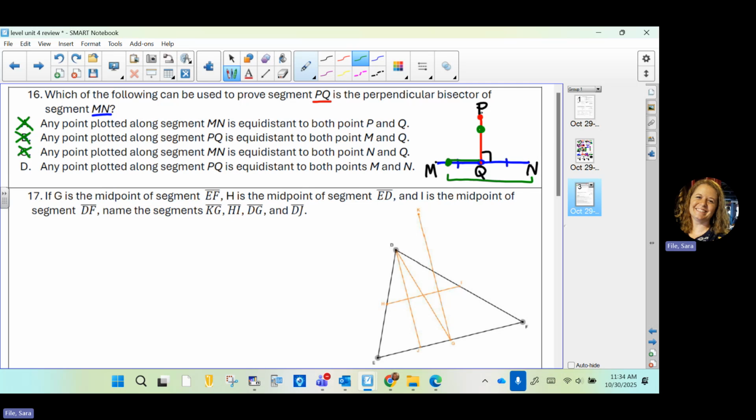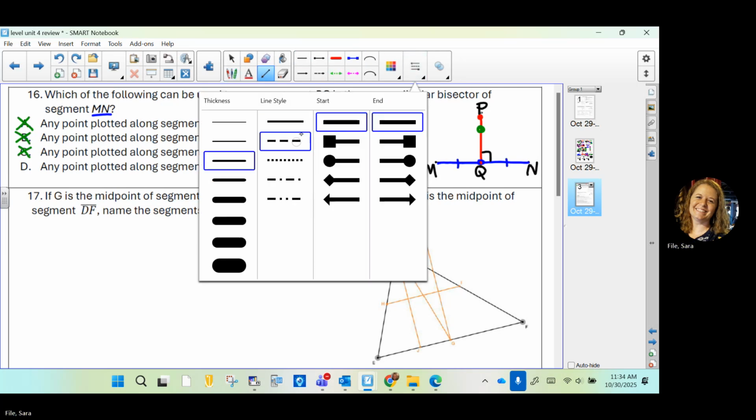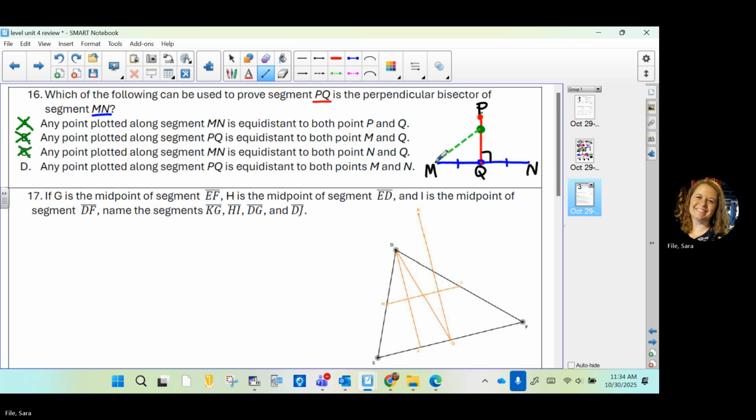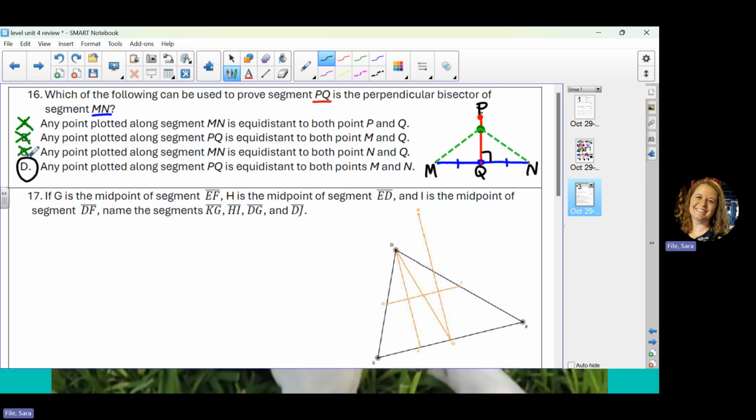Okay, so let's try this last one and see if it makes sense. This one says you put a point on PQ. Okay, so I have this green point I added to PQ. It would be equidistant from M and N. Now, does it make sense that those would be equal? And like just visually, even if you don't remember the theorem, those look like they would be the same. None of those others looked like they would be the same, did they? So this is it. And the reason it's true, the reason that this works, so you can go ahead and draw